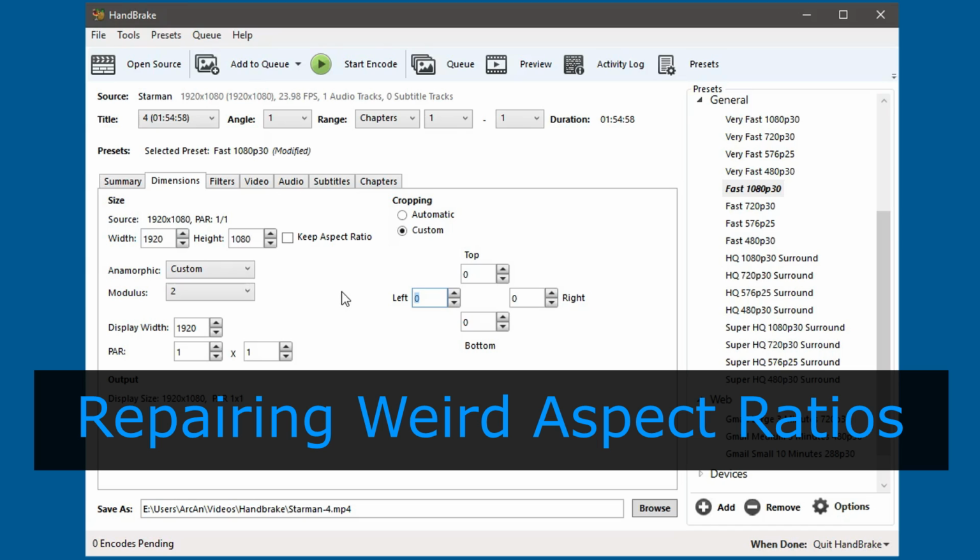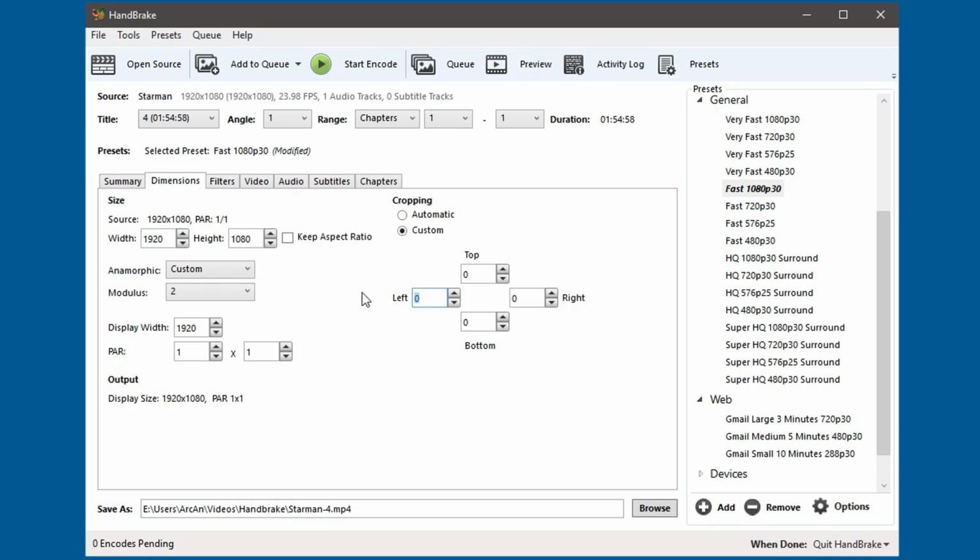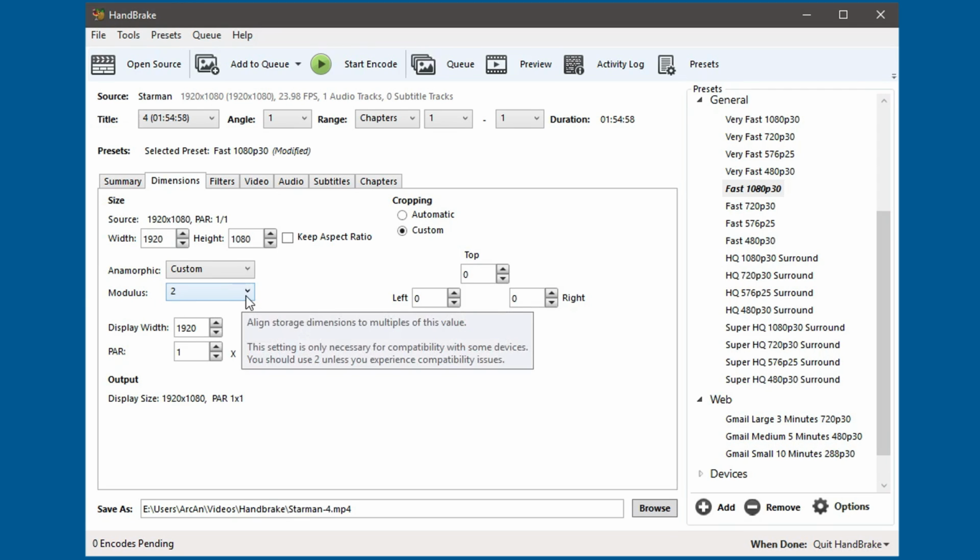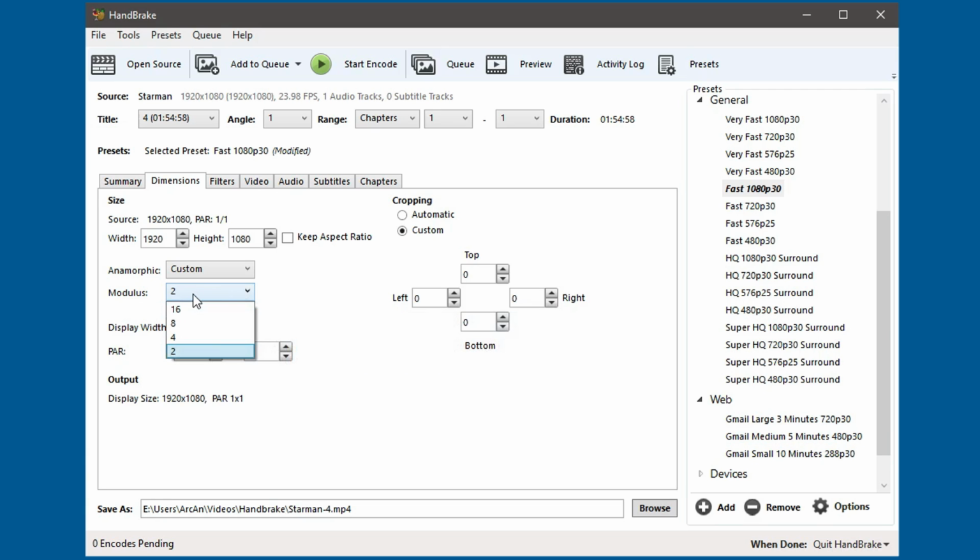Another good thing about these custom settings in the dimensions window is repairing a video that's had its aspect ratio all screwed up. So often I've seen this. Someone's uploaded an old movie that you can't buy anymore to YouTube, but when they uploaded it, they've rendered it in the wrong aspect ratio and it's all too stretched or too squished. So you can sort of repair that by manipulating these settings here. One final quick thing, I have no idea what modulus means, but from what I've researched, it's best to stick with 2. Just don't muck around with this unless you know exactly what you're doing.